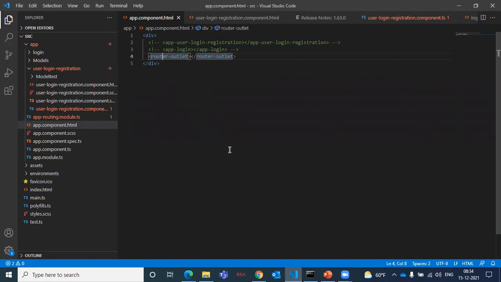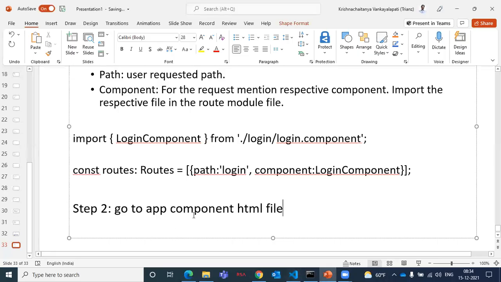Go to the app component HTML file, specify router outlet. Step 2, this one.